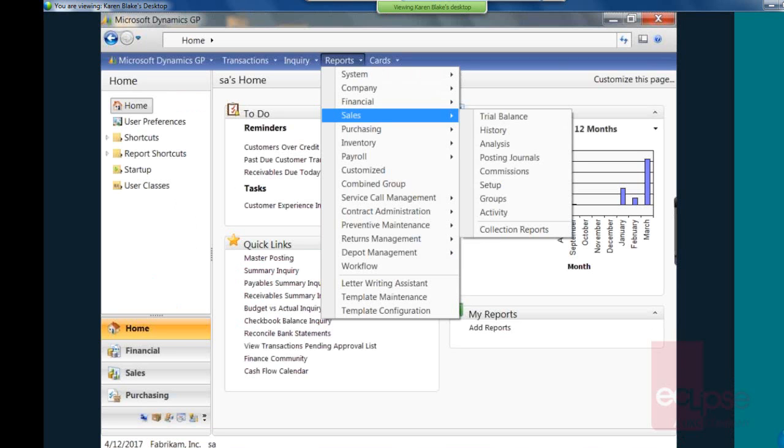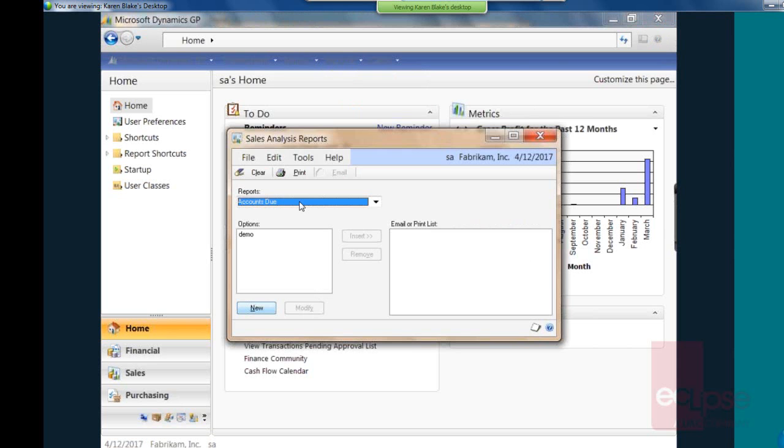In this particular example, we're going to show the 3 locations from where standard Dynamics GP reports can be emailed from: the scroll on the Reports menu, also the individual reports themselves, and finally, the navigation lists. So I'm going to choose a sales report and a sales analysis report for this particular example. I'm going to select the Accounts Due report